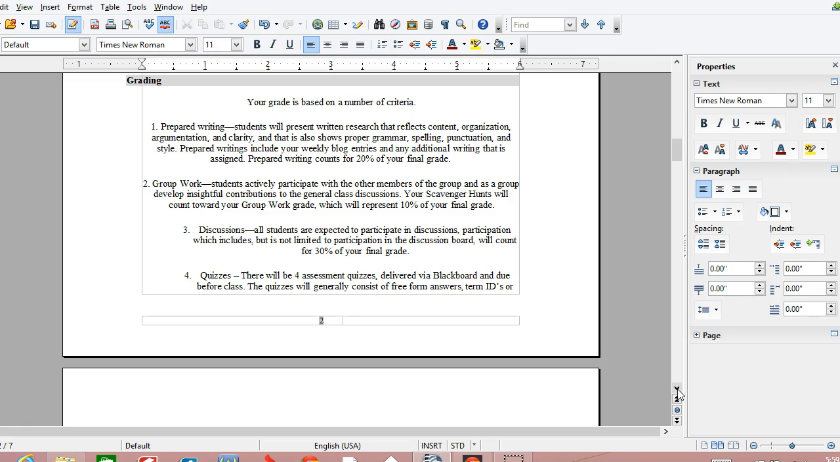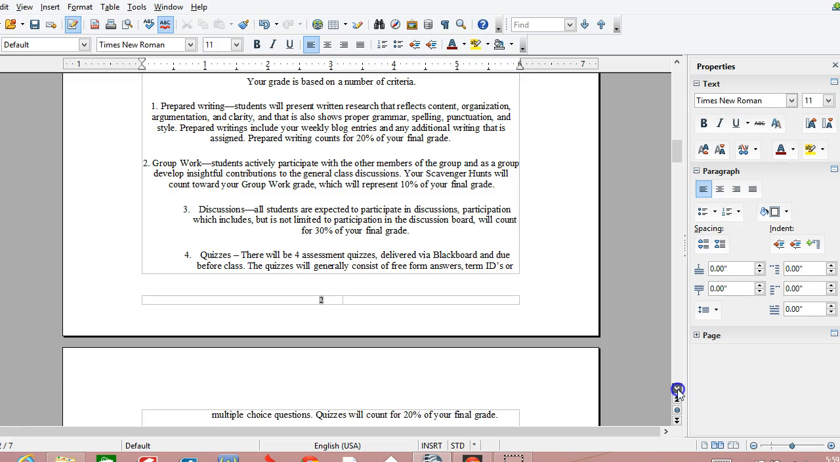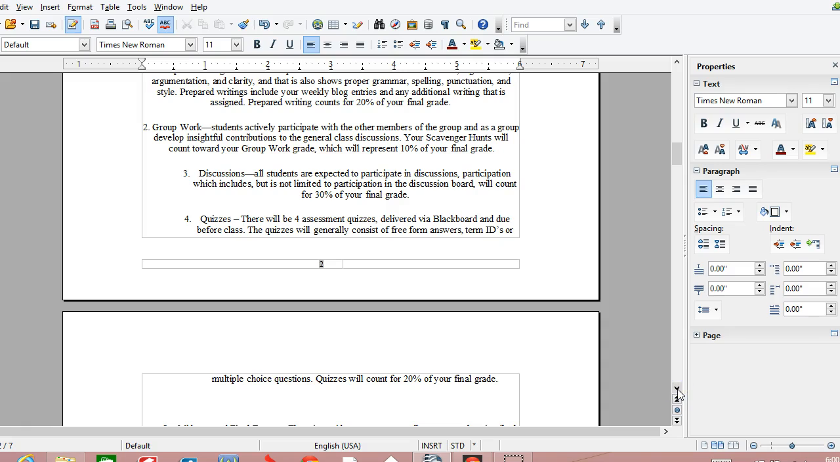The group work, which I discussed briefly and will discuss again in a follow-up video that I'll make later this week, will count for 10% of your grade. The group work component is a requirement of this level course. Your discussions